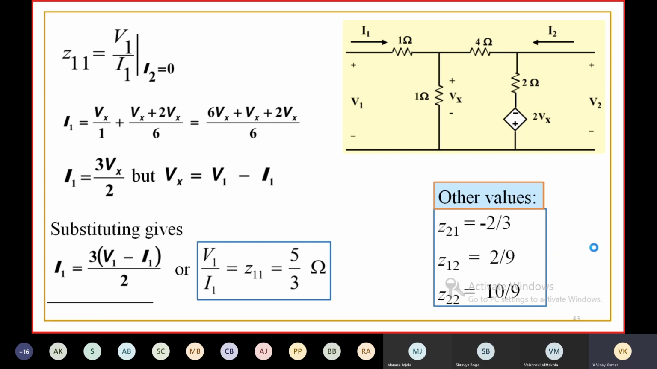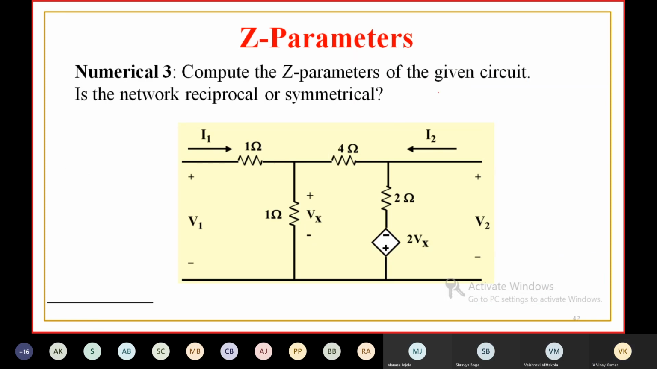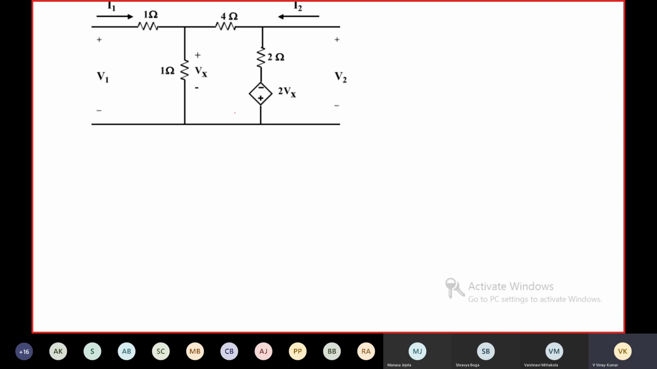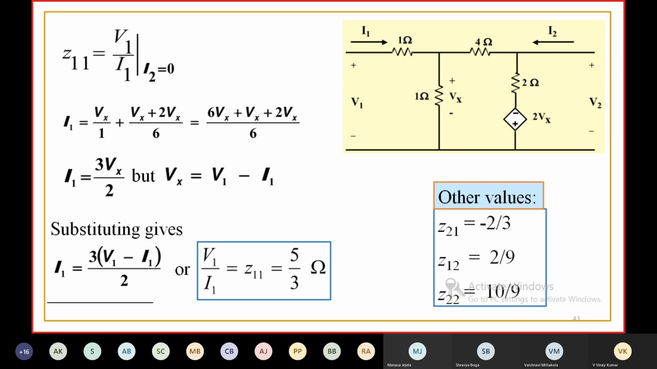Let us solve this problem. We have to find the Z parameters. Now, for Z11, I2 will be 0, so this port is open circuited. When I2 is 0, if you apply KCL at this node,